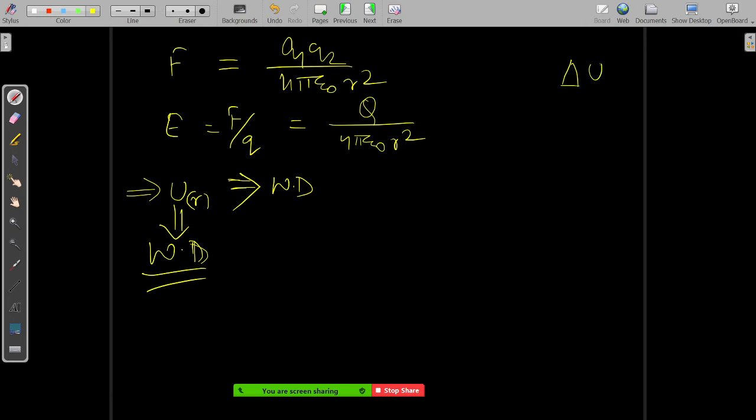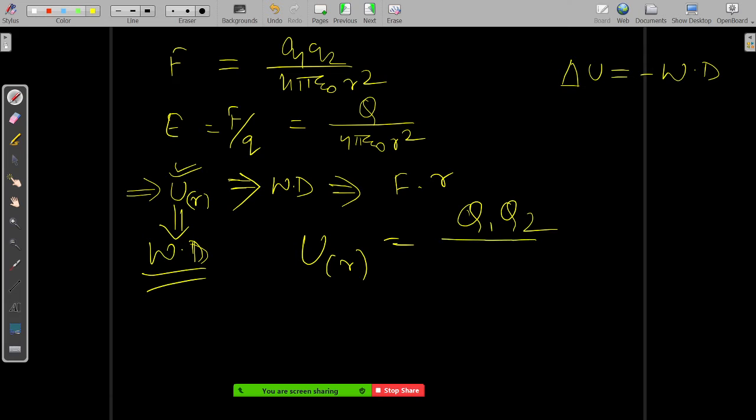Anyways, we just derived and told the definition that it is related to the negative of the work done by the conservative internal forces. So this potential energy is somewhat related to work done. Work done means what? Force into some displacement. So what you have to do for potential energy is use the same formula and just remove one r from the denominator. You're multiplying by one r, no? You remove one r from the denominator and you get the potential energy formula. So all set. All the three formulas are known now.